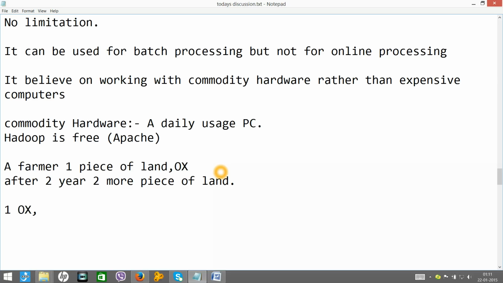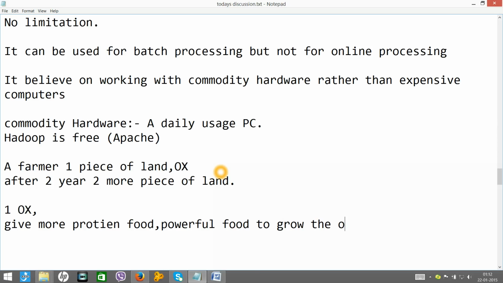One is to give more protein food, dieting food, I mean to say more powerful food, to grow the ox bigger and stronger.